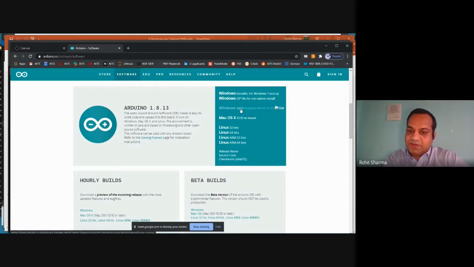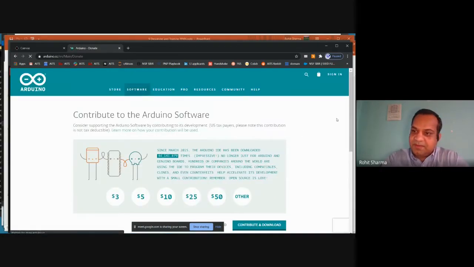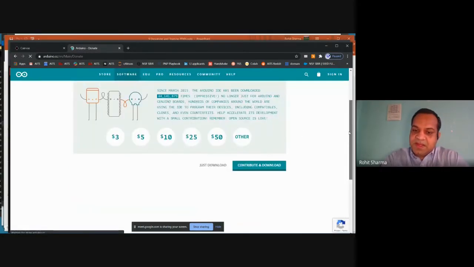I would go with Windows because I'm on Windows, but if you're on Ubuntu, there are these other Linux options, and ARM32 and 64 is for Raspberry Pi, Banana Pi kind of a platform, any other platform using ARM. But for the time being, I would go here, and they would ask me to donate some money or just download, and then if you press one of these, they take you. Now this is going to take me to the credit card and stuff, so I'm just going to complete the process